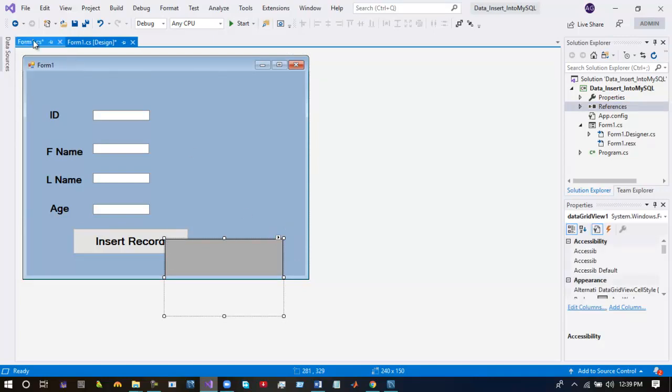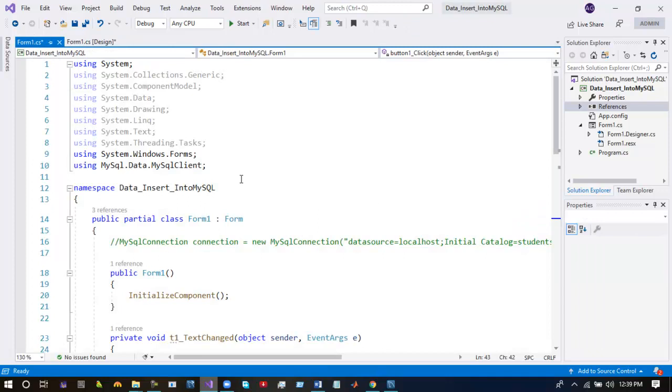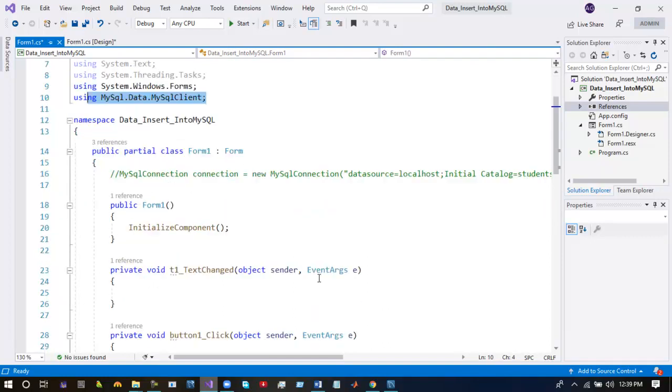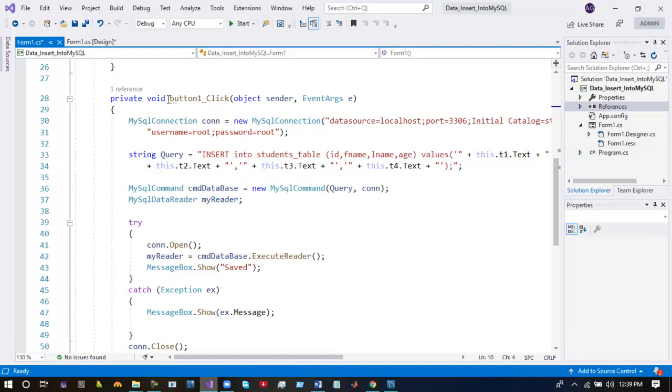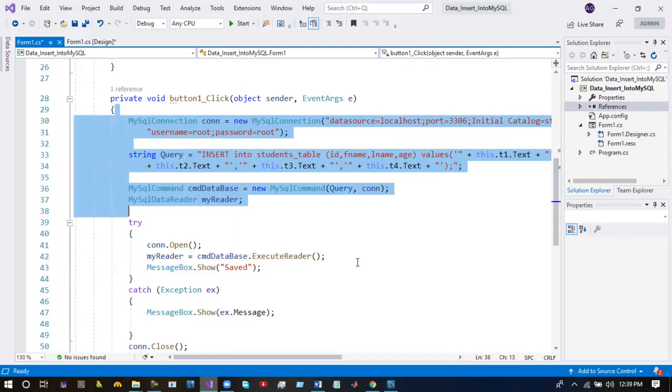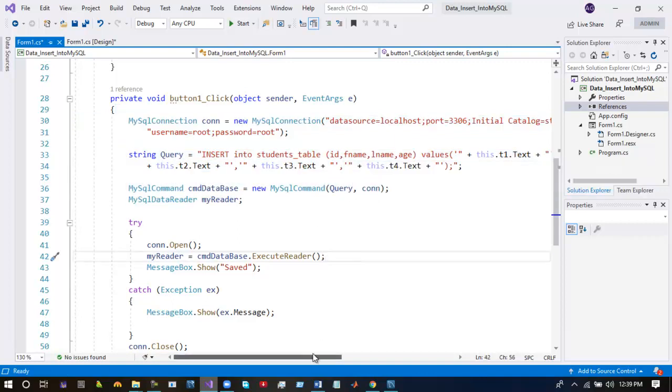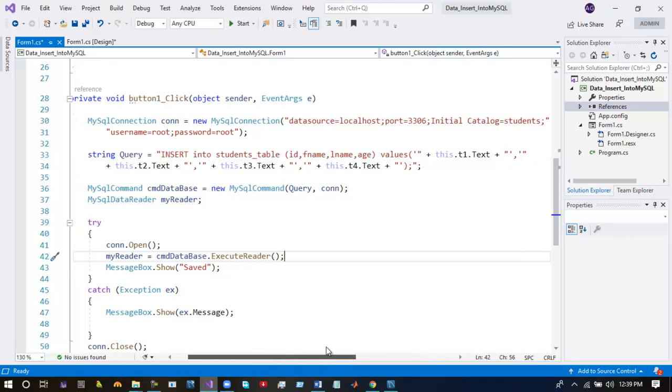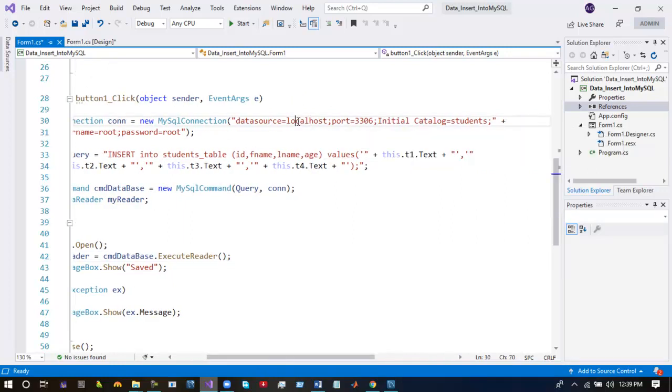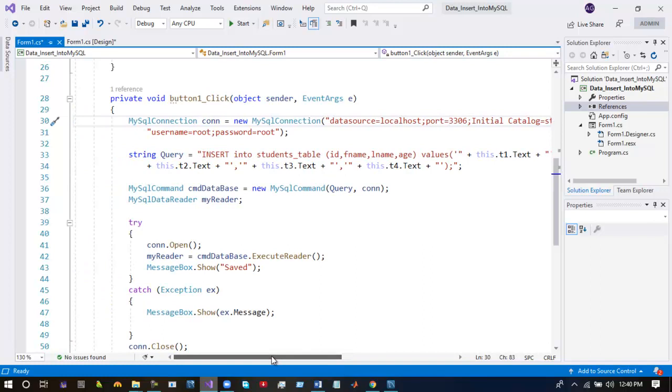As I told you, first of all you need to insert this namespace at the end of these namespaces, and then move to the button block. This is the button block code I have already discussed with you. There are 5 parameters: one for the database, port number, this initial catalog and username, and finally password.